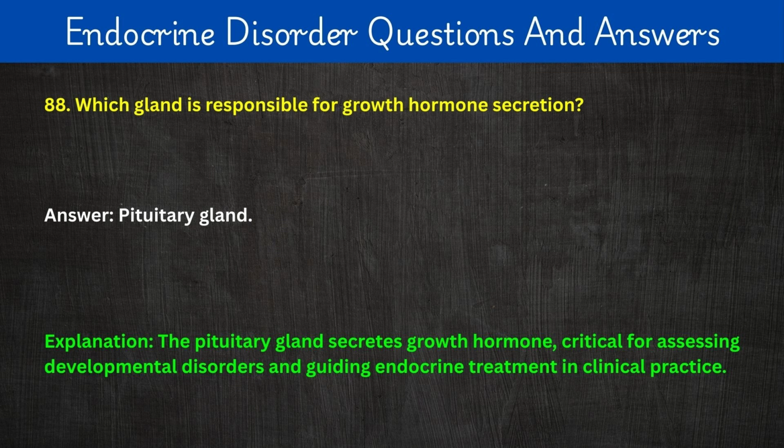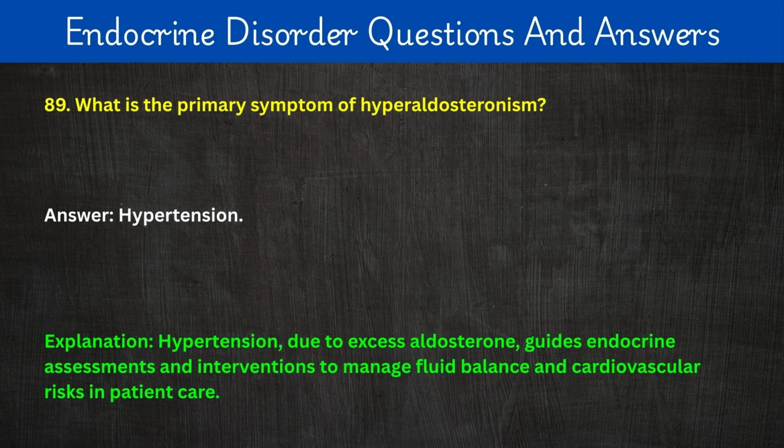Answer: pituitary gland. Explanation: the pituitary gland secretes growth hormone, critical for assessing developmental disorders and guiding endocrine treatment in clinical practice. 89. What is the primary symptom of hyperaldosteronism? Answer: hypertension. Explanation: hypertension, due to excess aldosterone, guides endocrine assessments and interventions to manage fluid balance and cardiovascular risks